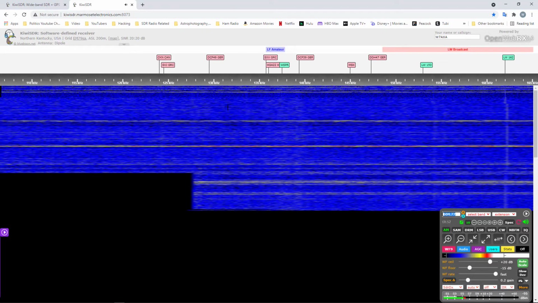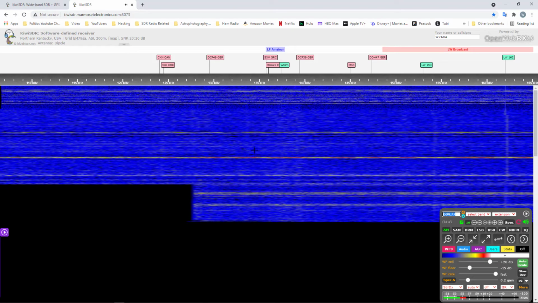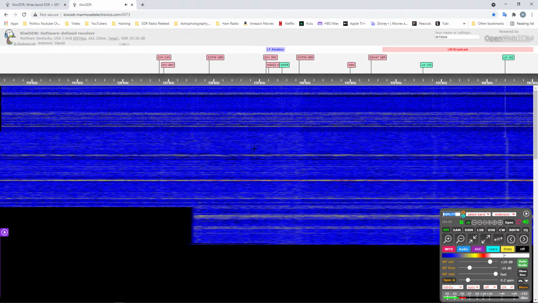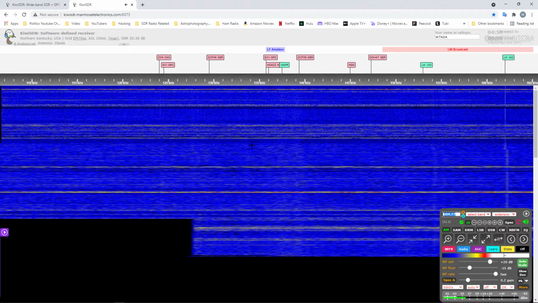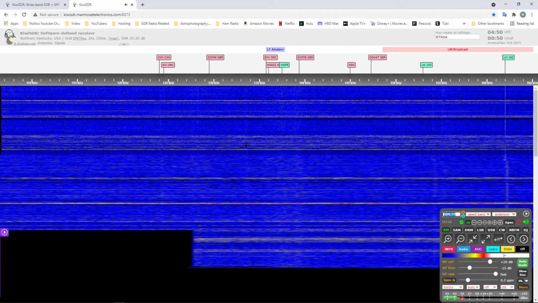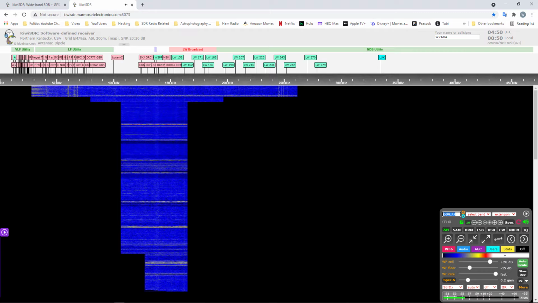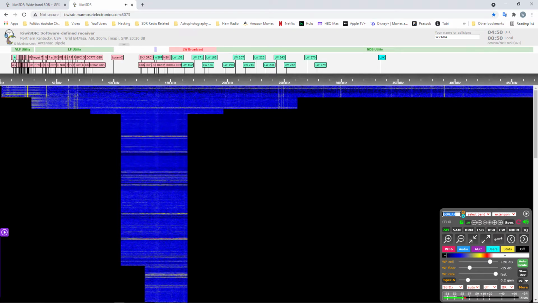Also, if you want to zoom in on the waterfall, zoom in on the frequency, you can use your scroll wheel on your mouse. So I'm going to scroll out, and as you can see, I'm scrolling out.